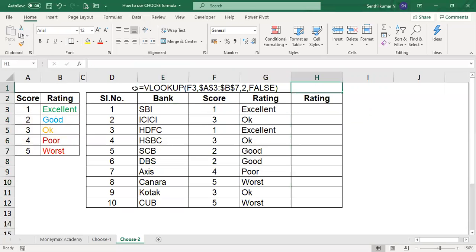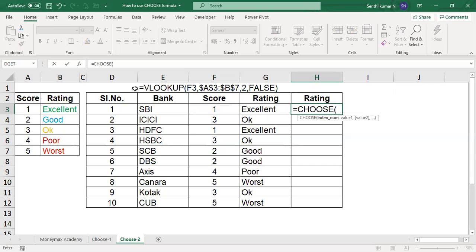Now in the same case, we can use the CHOOSE formula. What is the index number? This is the score.